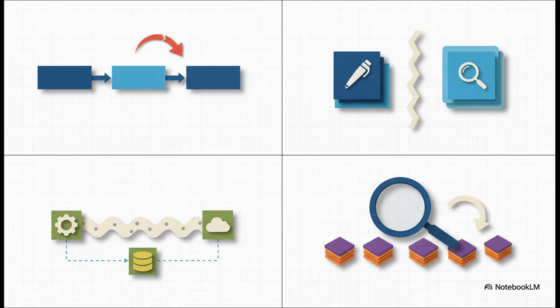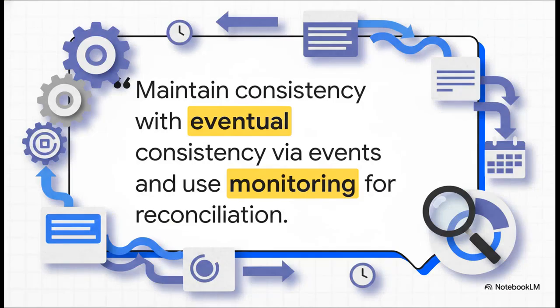And to manage this, we've got a whole toolkit of patterns. We already talked about sagas, which are perfect for this. Then you've got something called CQRS. That's a mouthful. It stands for Command Query Responsibility Segregation. It's just a fancy way of saying we create separate, optimized models for writing data versus reading it. It's great for performance. And of course, you absolutely need rock-solid monitoring to spot any inconsistencies and have processes ready to fix them automatically. And there it is, your sharp, confident answer. You state the core model, eventual consistency, and you list the main patterns you'd use to make it happen. This shows a super practical, realistic approach to what is a very, very complex problem.